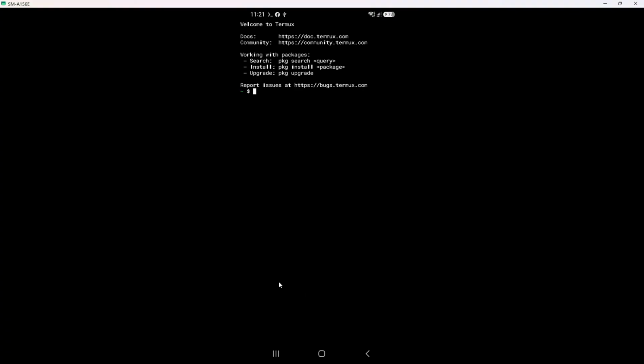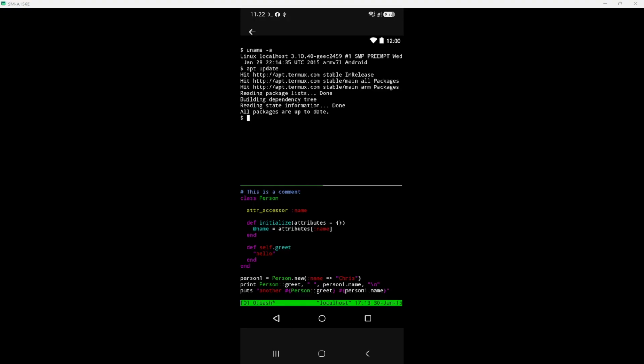When you tap on the Termux icon, the app will launch. You may see a terminal interface appear on your screen. This is the main interface of Termux where you can begin to use its powerful features. It's exciting to see everything come together. Now that you have Termux installed, you can explore its capabilities and utilize it for your projects. This process is straightforward, and now you have Termux on your device. Enjoy exploring all the features this application offers.